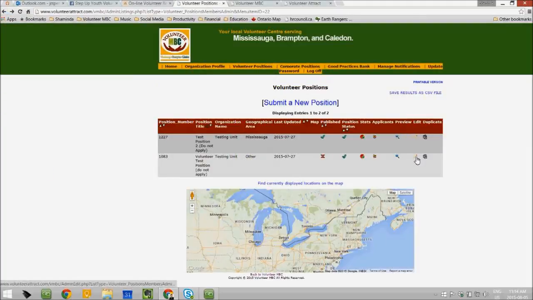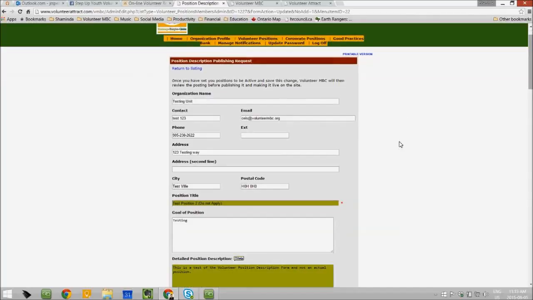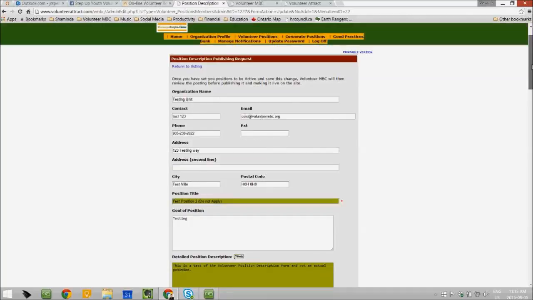And if you want to edit your volunteer position, click on the edit icon and your position will open up as a form. And please ensure to include an email address, because later on when we are setting up the notifications in ways where certain individuals are receiving the notifications about the movements in your volunteer position, it is this email address that will prove to be useful.